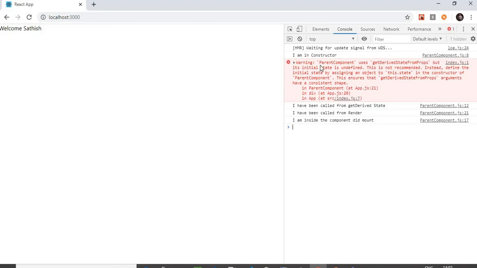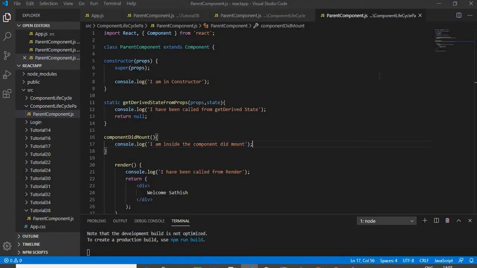So you can also see a message saying that there was an error. It says that the getDerivedStateFromProps is not having any state over here. As mentioned in the previous tutorial, getDerivedStateFromProps is used only when you are rendering properties, and in that property you are doing some modification and assigning that to the state value. So this is the place, only at this particular place, you have to use getDerivedStateFromProps.